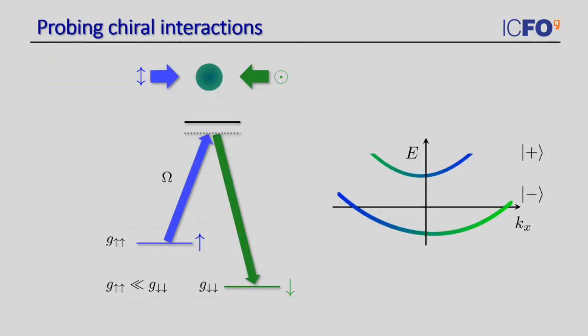So all our experiments start by making a Bose-Einstein condensate and adiabatically loading the Raman dressed states. And once we have done that, what we want is to prepare systems with different center of mass momentum to see this chirality of the interactions. In order to do that, we add an additional pair of beams to our experiment that we use to make Bragg transitions that can kick our atoms either to the right or to the left, depending on the frequency difference that we choose between them. And then afterwards, we just let the atoms expand in the waveguide, so we remove any longitudinal confining potential and just take an image after different evolution times in this waveguide.